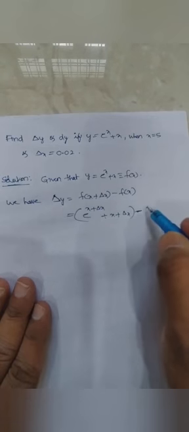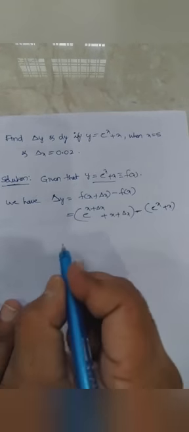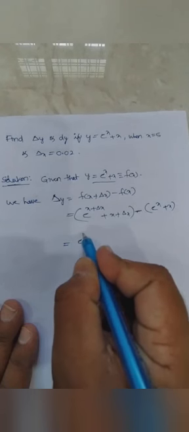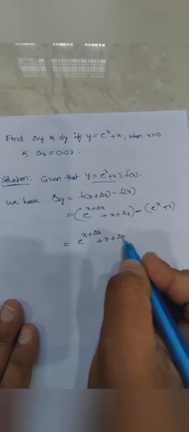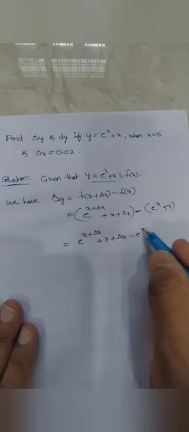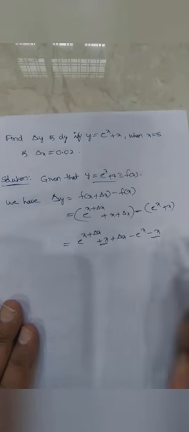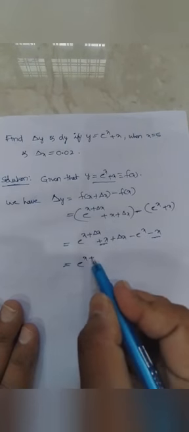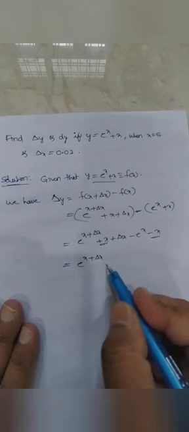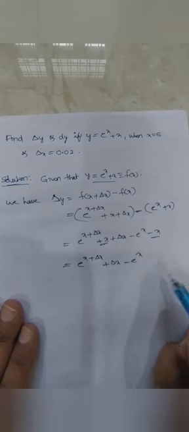So this is the value of f of x plus delta x minus f of x. We have f of x remaining the same function, e power x plus x. Okay, now while simplifying it we would get e power x plus delta x plus x plus delta x, minus e power x minus x. So this plus x and this minus x will cancel. So I would get e power x plus delta x, plus delta x, minus e power x.